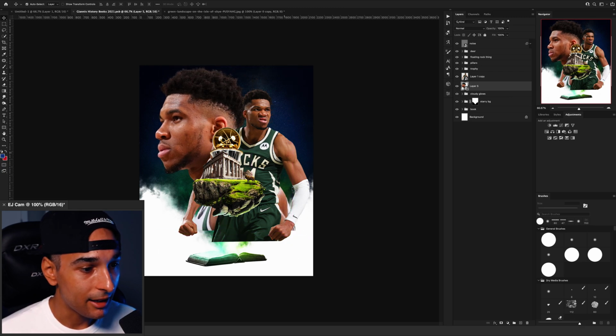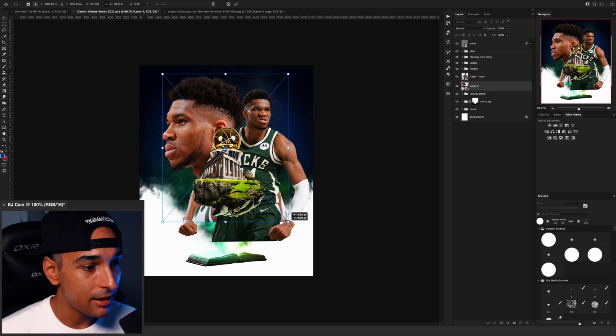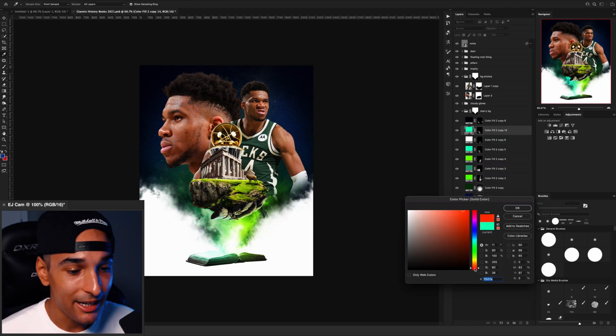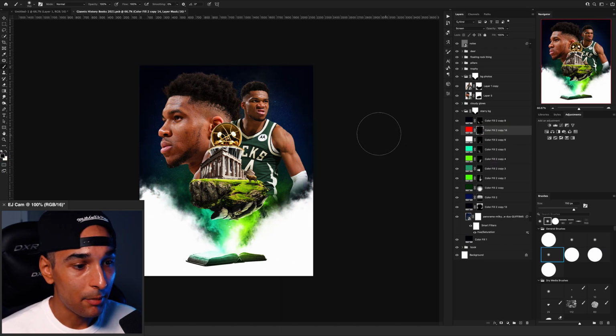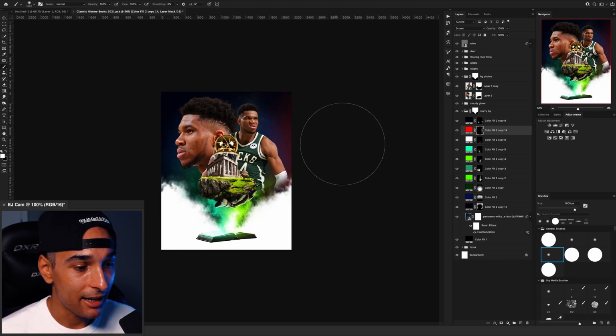Let's position that kind of like there. That works like this. Now I said there was going to be a light source on the right hand side, so let's go ahead and do that. I need a nice reddish orangey color, so I'm just going to paint this in like this, just on this side, because what I want to have is like a sun on this right hand side here,